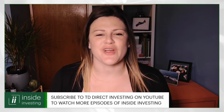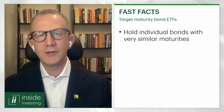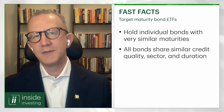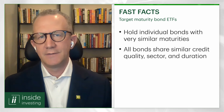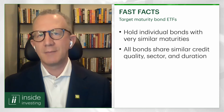First off, Target Maturity Bond ETF is a bit of a mouthful. Can you unpack how these products work at a high level? Yeah, sure thing, Caitlin. These are ETFs that hold a portfolio of individual bonds. And most importantly, or maybe the key feature to these, is all of the bonds have a very similar maturity date. So if you thought of, say, the 2025 ETF, the investment grade corporate bonds all mature sometime in the